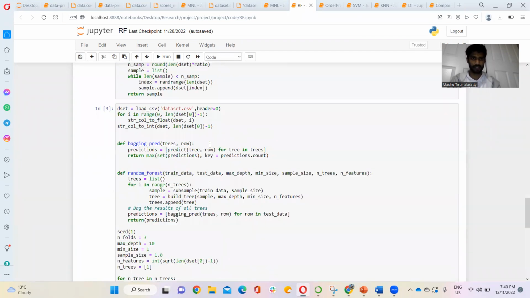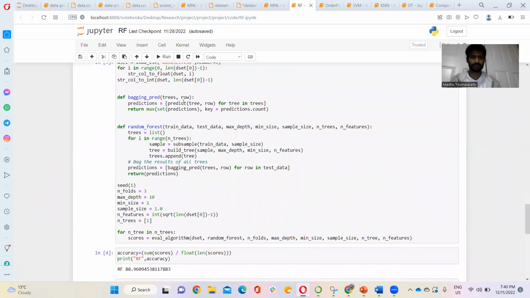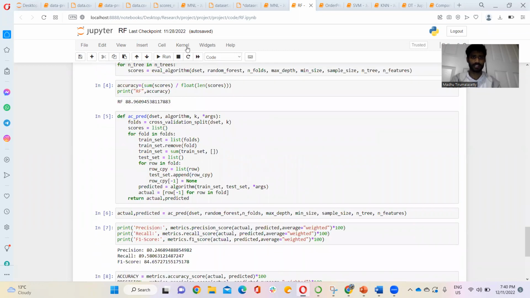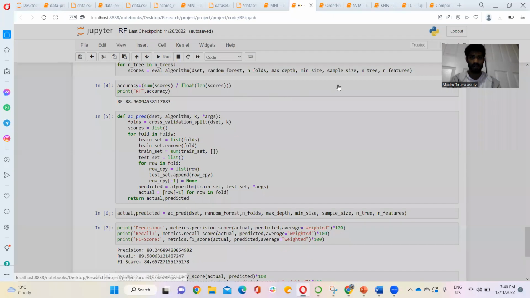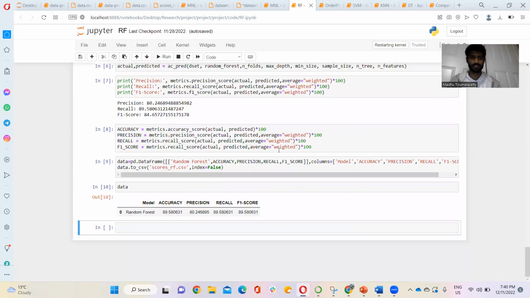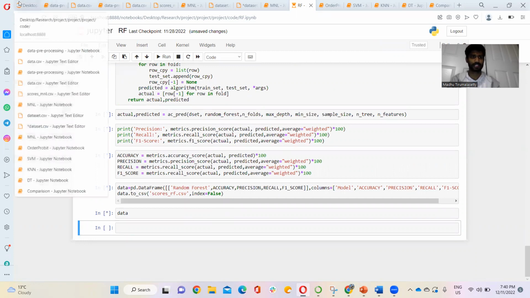You can see the data set here, and we are reading this data set and executing this code. After executing, we'll get accuracy, precision, F1 score and so on. For different methods we executed like this.